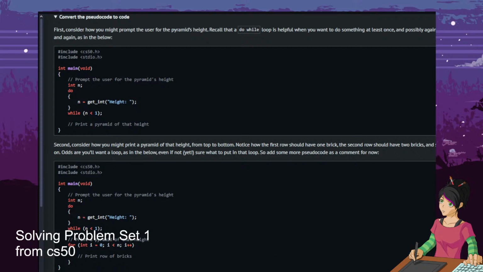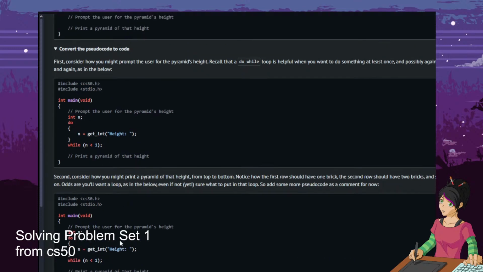Consider how you might print a pyramid of that height from top to bottom. Notice how the first row should have 1 brick. Yes, the second row should have 2 bricks, and so on. Odds are you'll want a loop as in the below, even if not sure what to put in that loop. So add some more pseudocode as a comment for now. Do the thing while this is for the